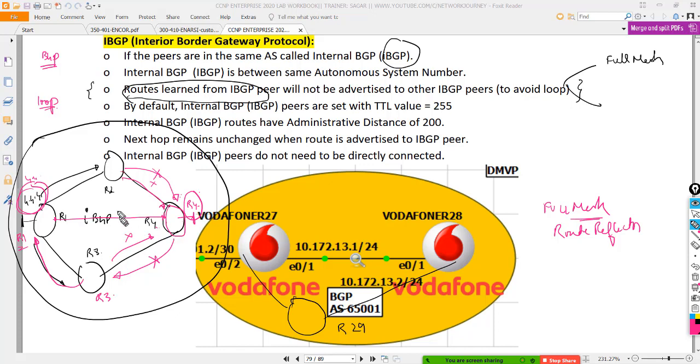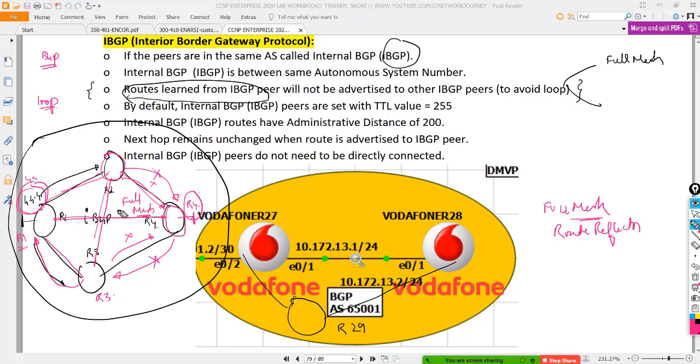Now they are a full mesh. Similarly I'll also cable between these two. Now they form a full mesh because there is direct connectivity. Similarly, from R2's point of view, it has a direct connection with all the routers. This forms a full mesh.